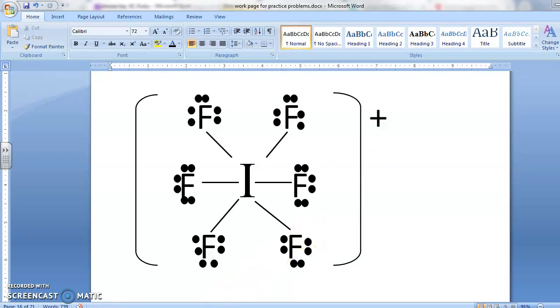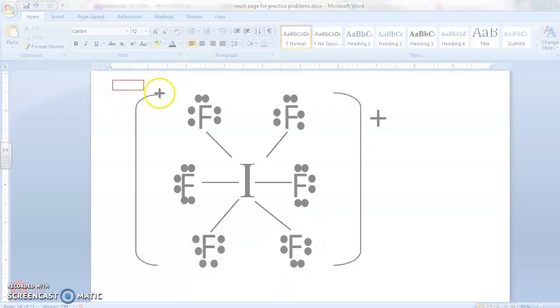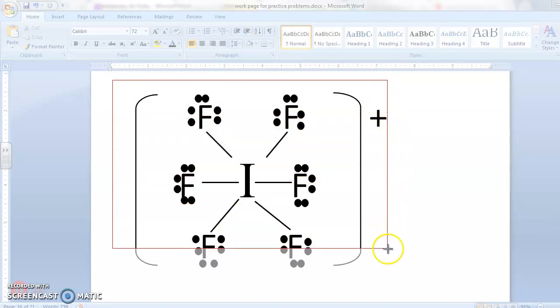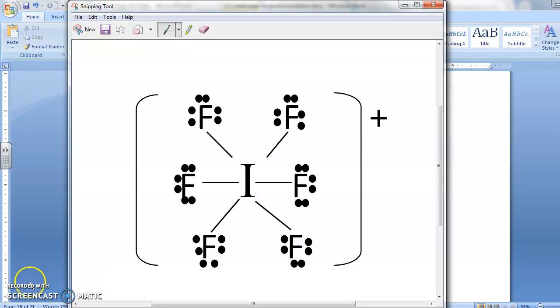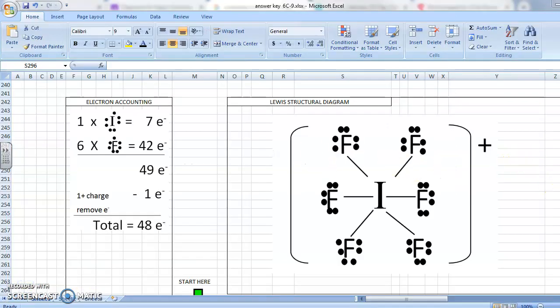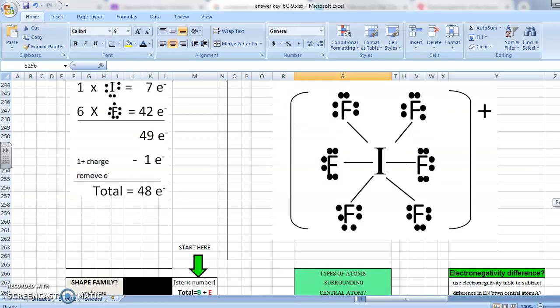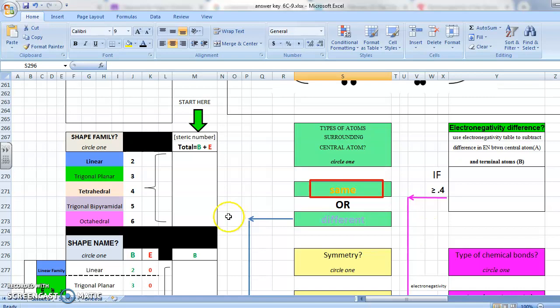So now we can analyze the molecule to determine what shape this molecule is. All right, here we go. Let's determine the shape of this molecule. Iodine is our central atom A, and we have no lone pairs on the iodine, but we have 6 atoms surrounding it. So we put a 6 right here in this column, and that puts this molecule in the octahedral